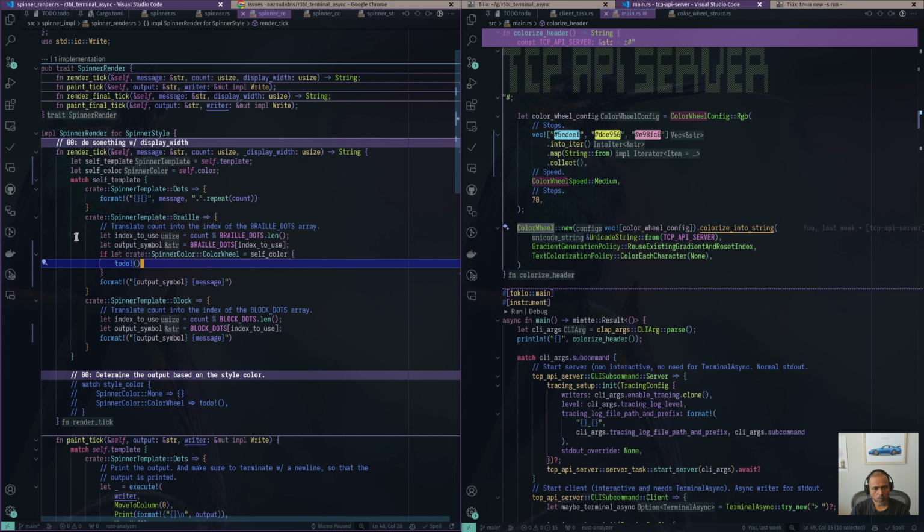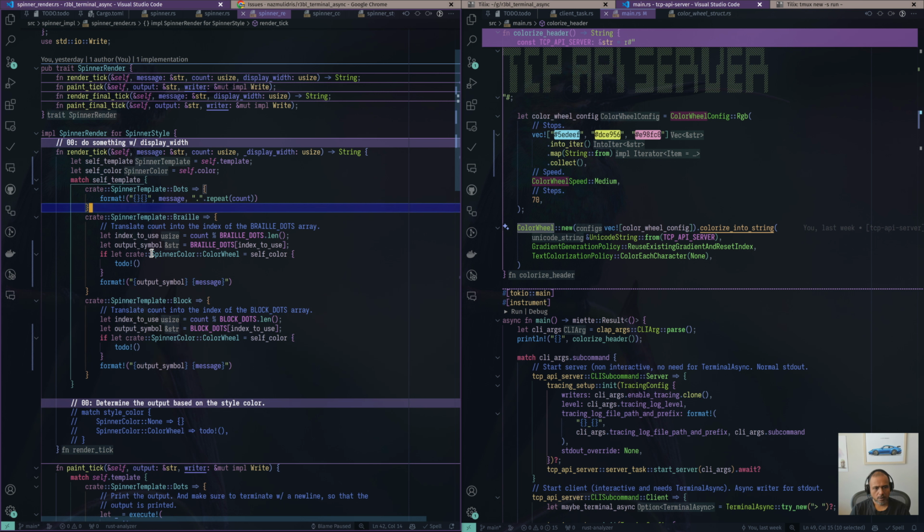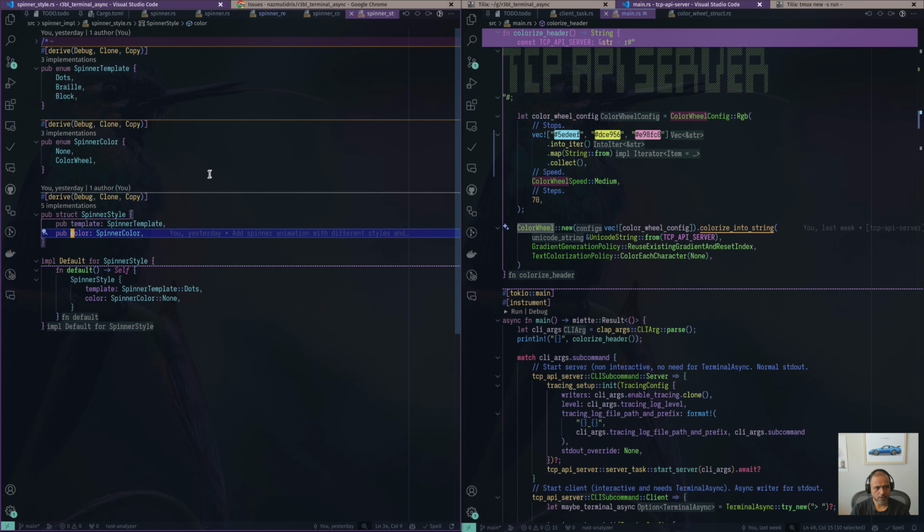Okay, so here what we want to do is we want to colorize. Actually, we want to do the same exact thing here. So what we have here is spinner color. Let's go look at spinner color. Oh, I think I know what we have to do. So spinner color, when we create a spinner color, we have to provide a